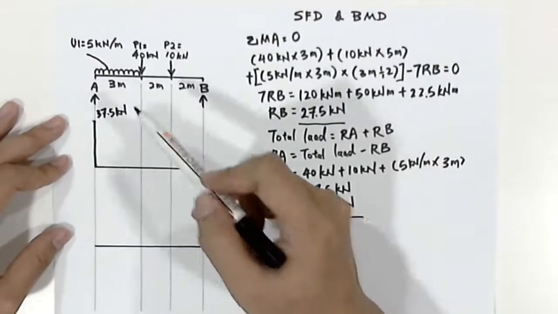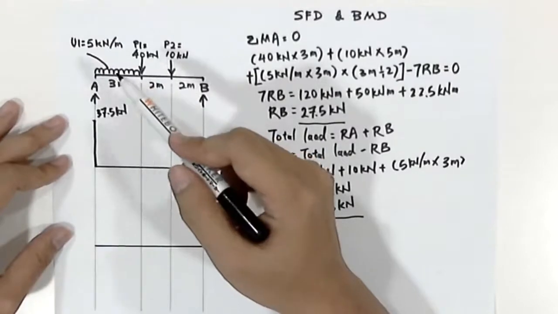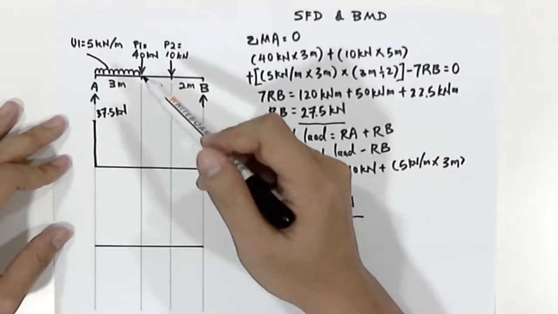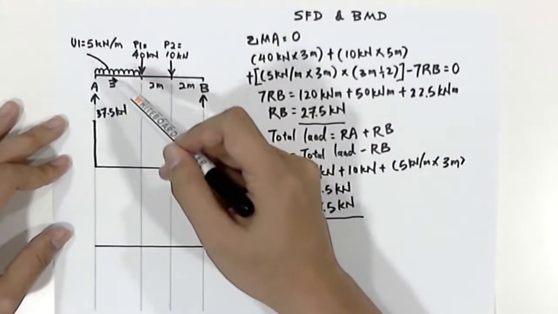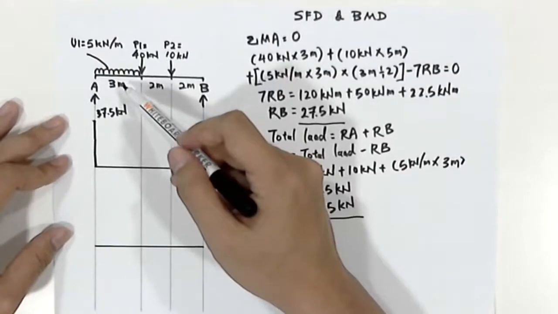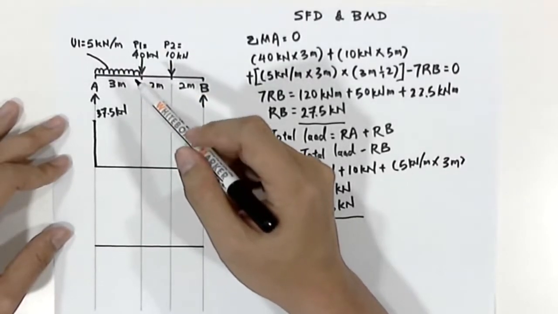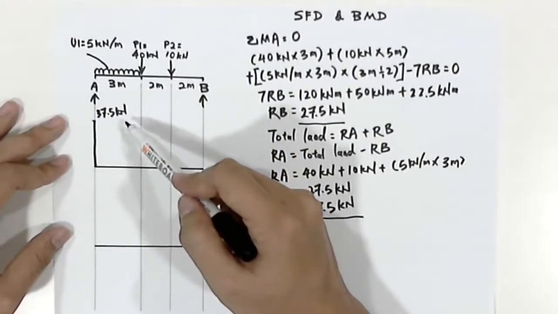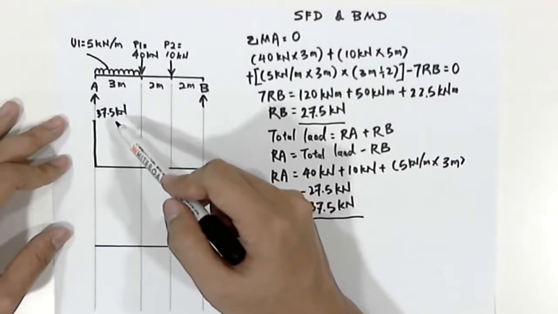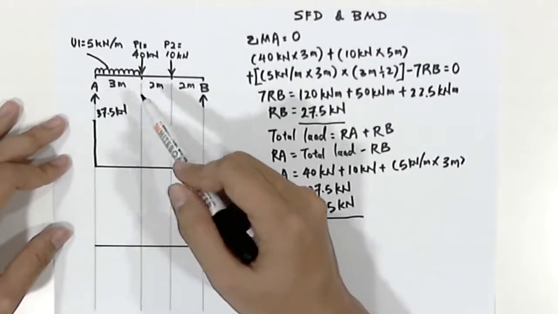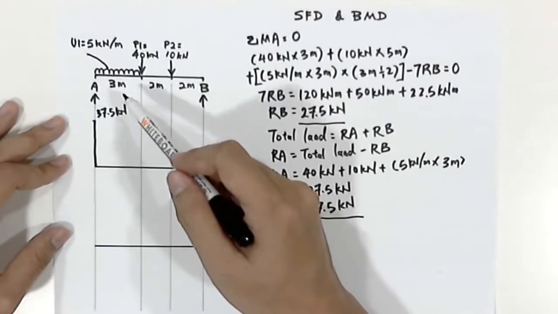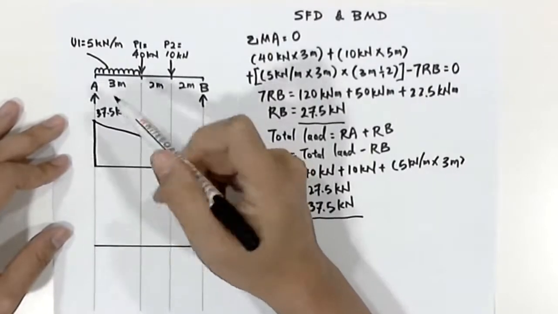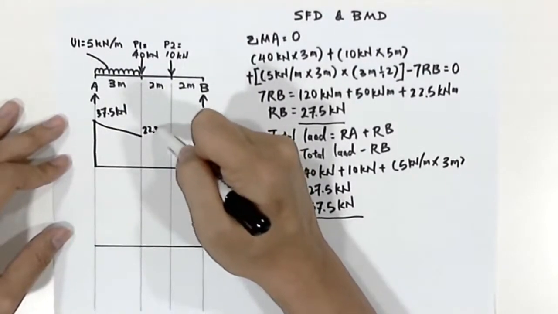What this uniform load will do to the shear force is that it will create a force of 5 times 3 meter. So we have a force of 15 kilonewton. Therefore the value 37.5 kilonewton will be deducted with the number 15 kilonewton, and the value we'll get will be 22.5